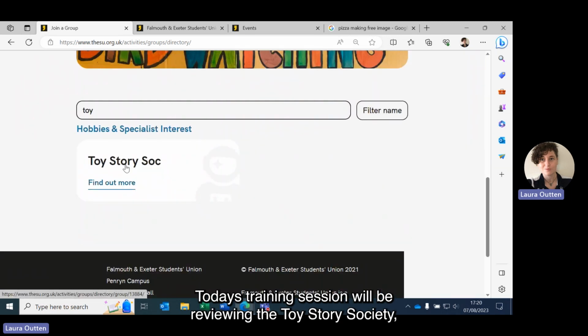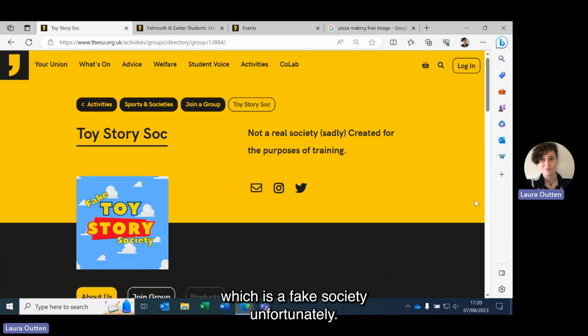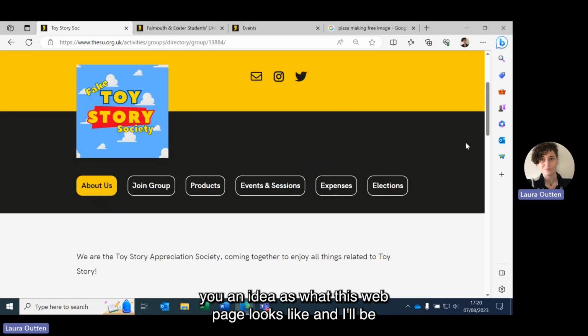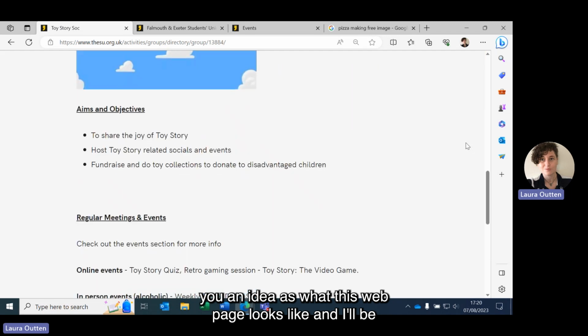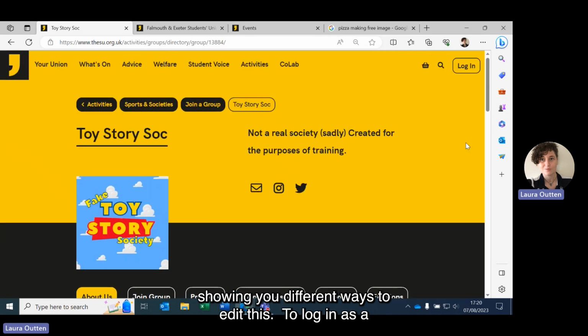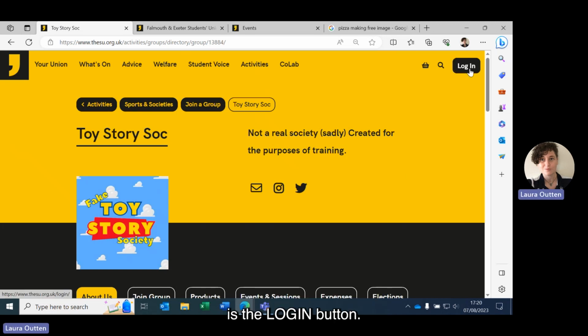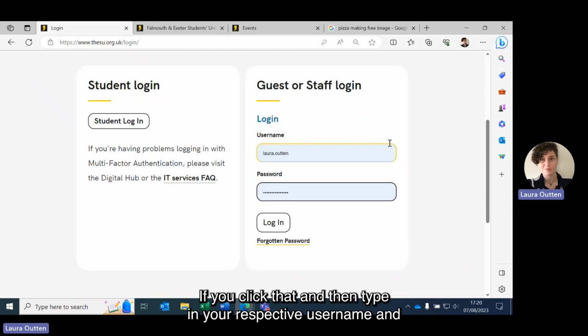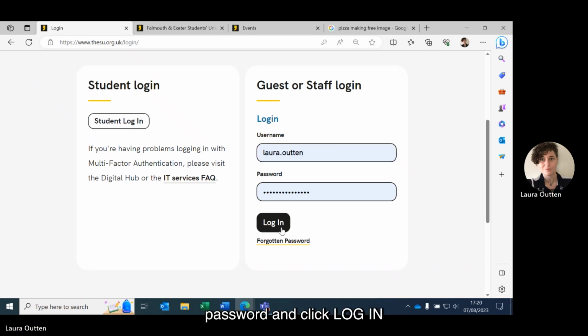Today, this training session will be reviewing the Toy Story Society, which is a fake society, fortunately, that's used for training purposes. So this gives you an idea as to what this webpage looks like, and I'll be showing you different ways to edit this. To log in as a committee member to edit the website, in the top right corner is the login button. If you click that and then type in your respective username and password and click login,